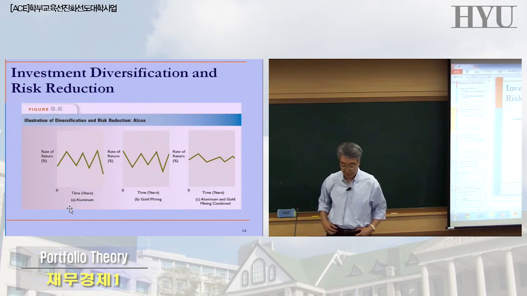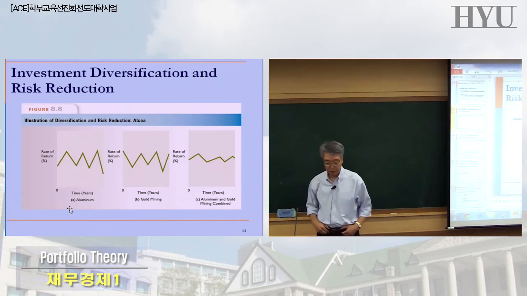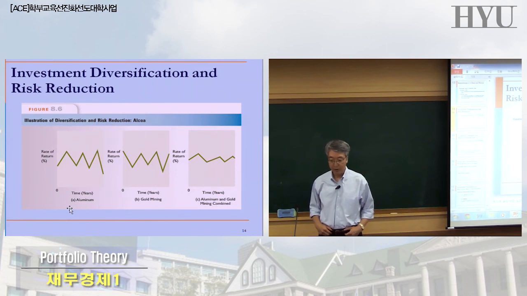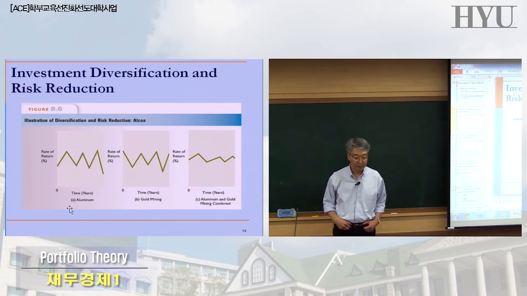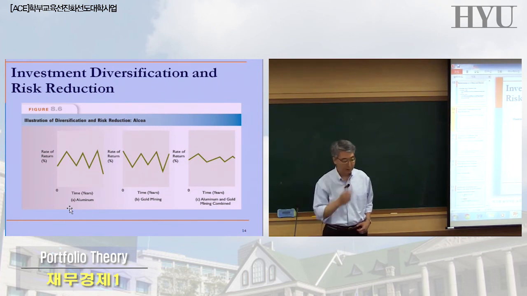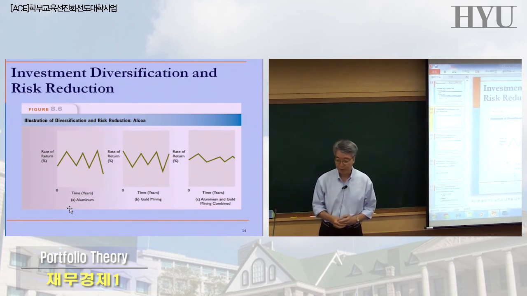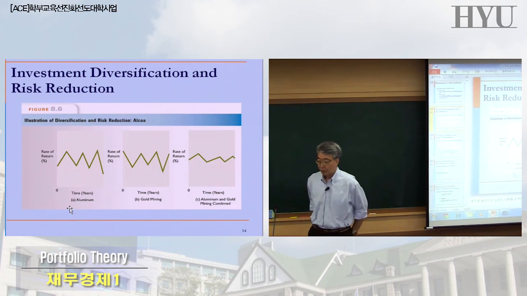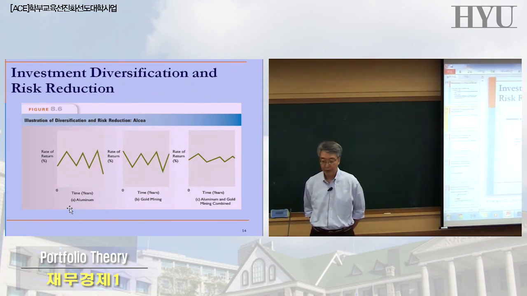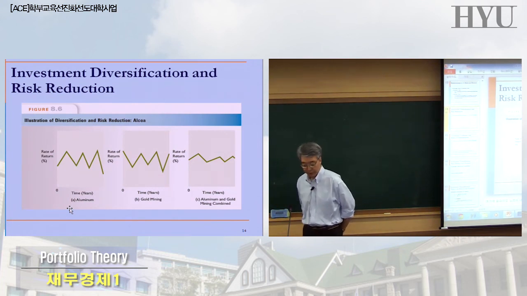What's the reason that you would combine many different investments into one basket? Well, you can diversify. When you diversify your investment, you can reduce the risk, right? That's the primary reason for combining many different investments into a portfolio. Most of today's class will be devoted to understanding portfolios, how to calculate the risk and the return, how to maximize the return, how to minimize the risk, and so on.